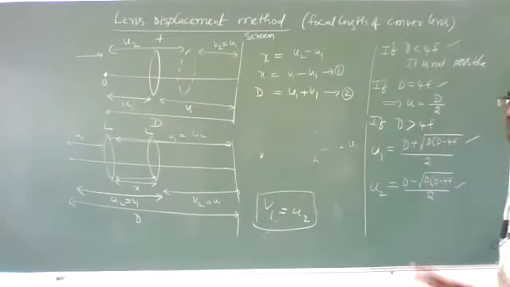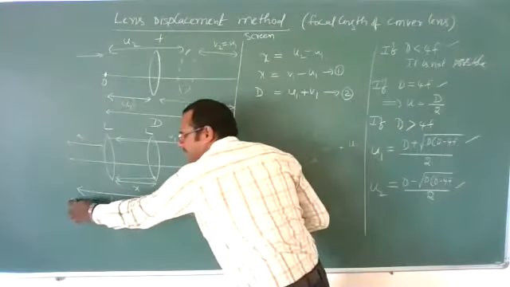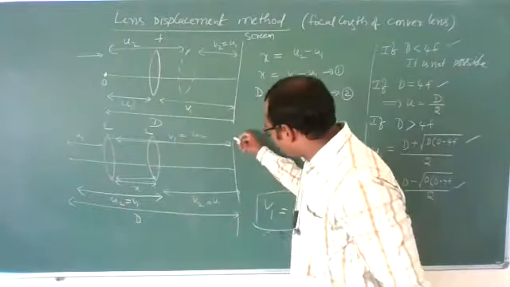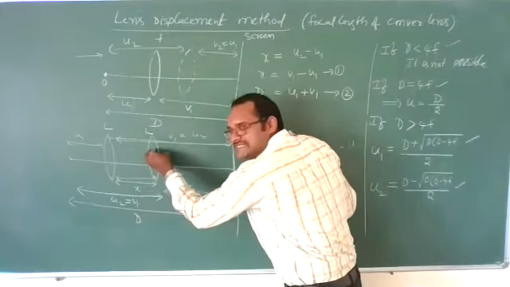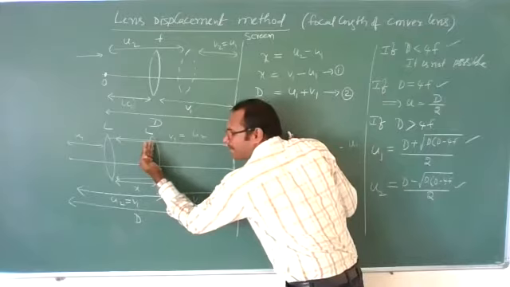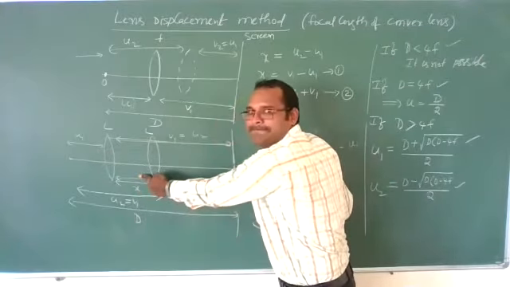Now what to do? I want u1. What is the exact location of u? I know this fixed value D. And how much I can move this length, I also know, because I am seeing the screen. By seeing the screen, I am moving this length. So when I move this length, I should get the image on this. Then I should stop. How much distance I can move this length, I can measure by using a scale.